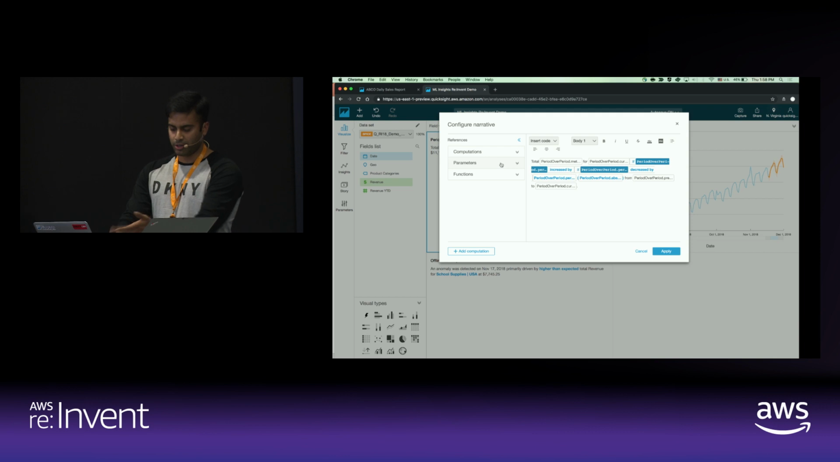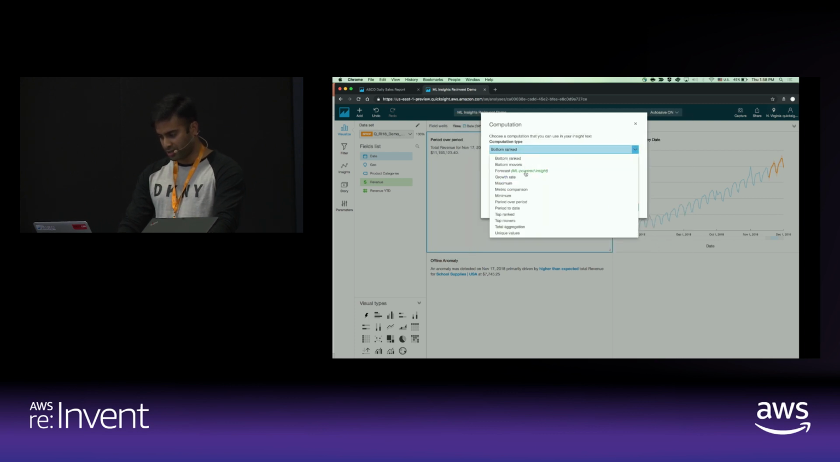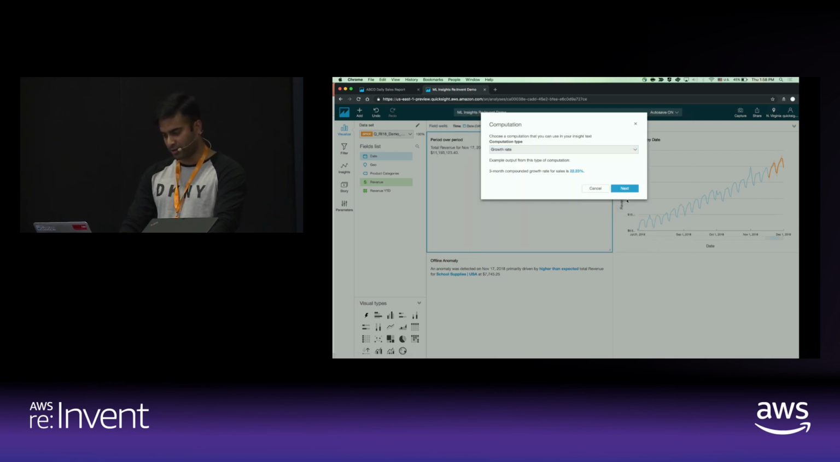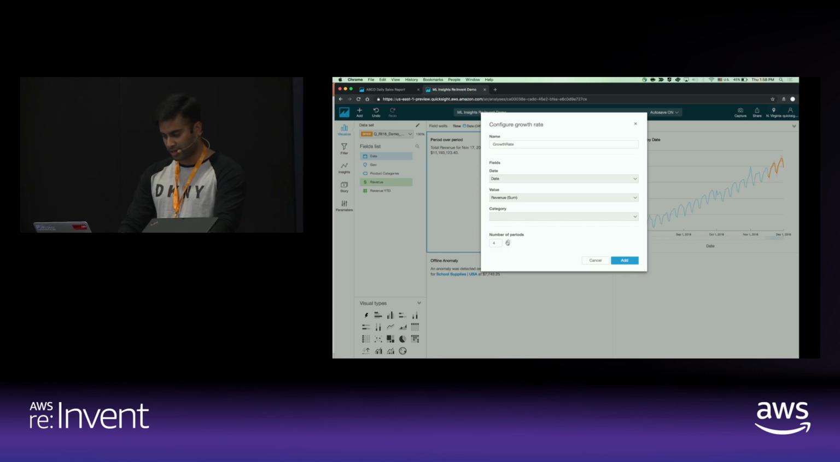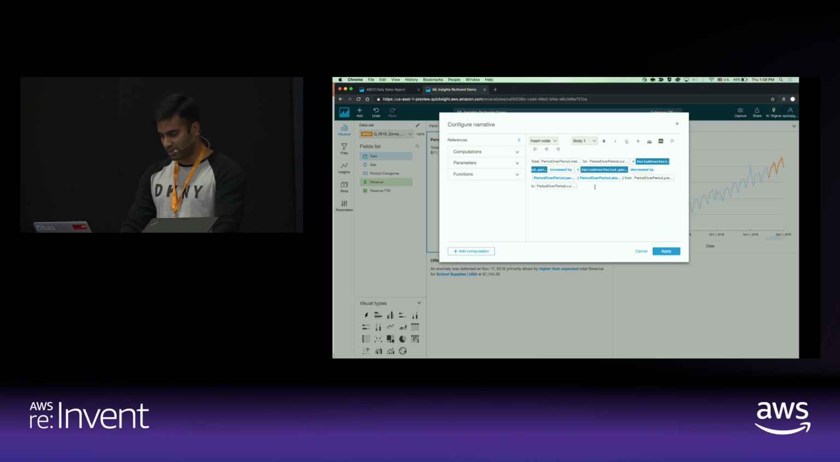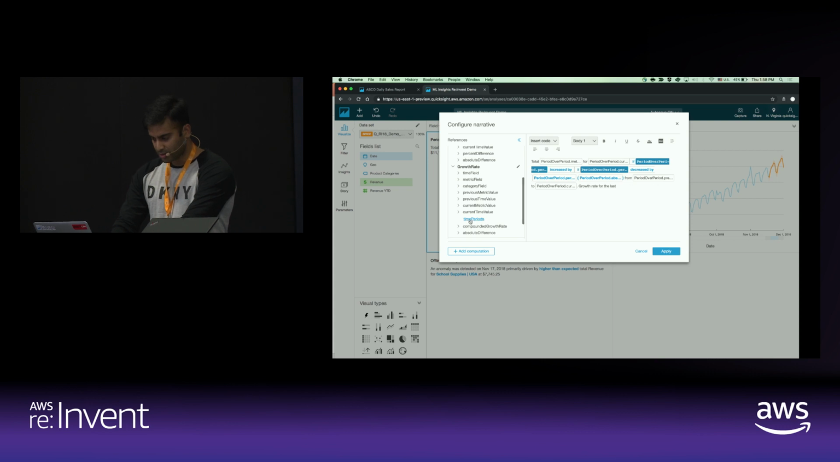In here, you can say, hey, I want to add growth rate into this. I want to see what my growth rate was for the last 7 days. All you have to do is go here, add computation. You come in here, you click on growth rate, you say next, say I want to do 7, and I say add. Now, once growth rate is added, you can say something like, growth rate for the last 7 days was